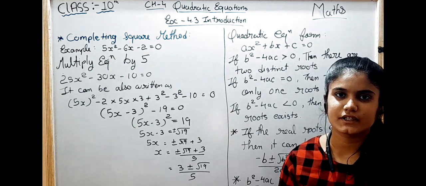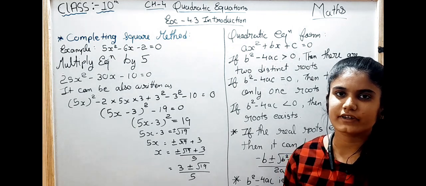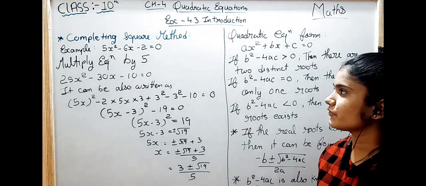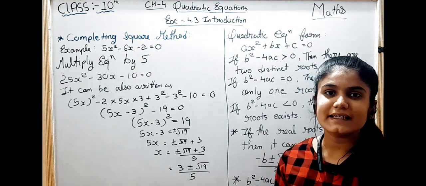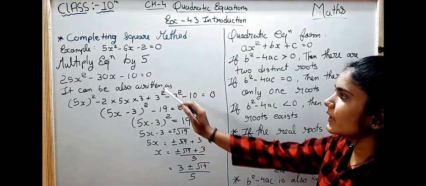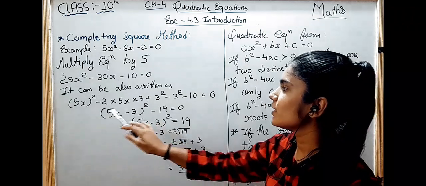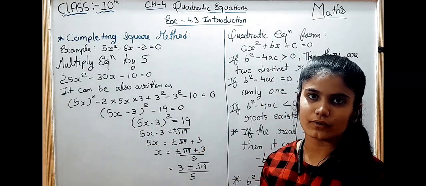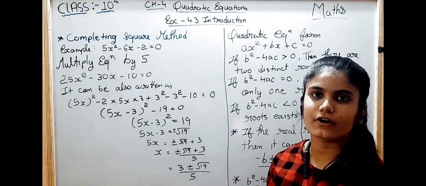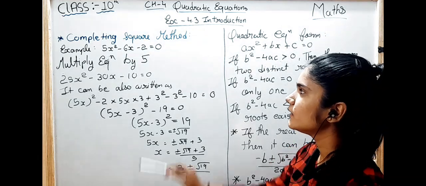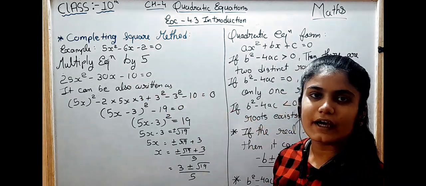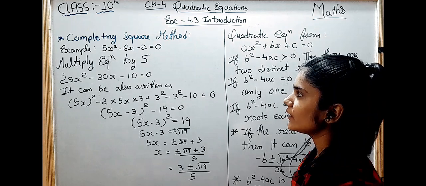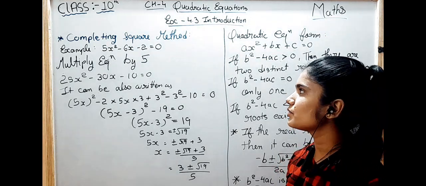Today we are going to study exercise 4.3. Before that, let's learn the introduction of the completing square method. In that, we have to make this equation in the square format, a plus b whole square or a minus b whole square format. For that, we have taken an example: 5x square minus 6x minus 2 is equal to